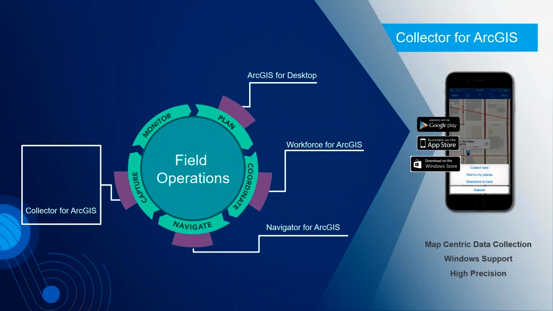So I'll describe some of the field applications that Jeff was discussing used in the hurricane response, and also will be leveraged as part of the National Mutual Aid System to help track, route, and identify the most appropriate resource for the response. So the first was Collector, and Collector is a very geospatially based field data collection application, very map centric. It enables you to use maps to gather data in the field and then synchronize the results with